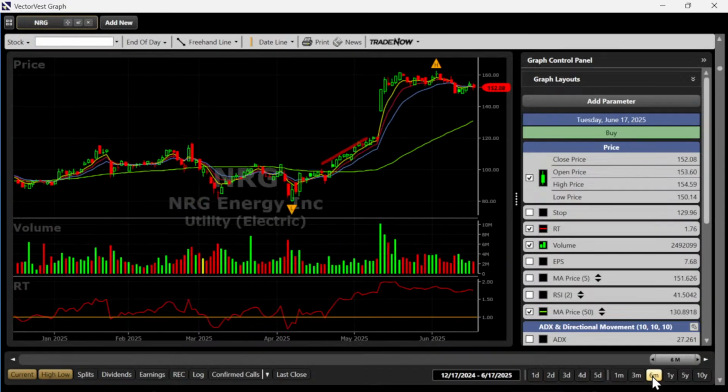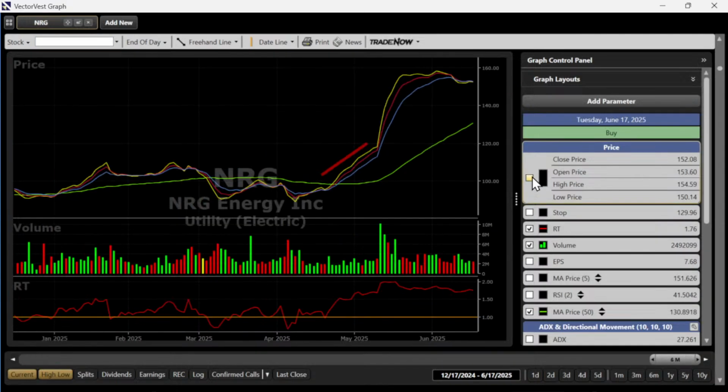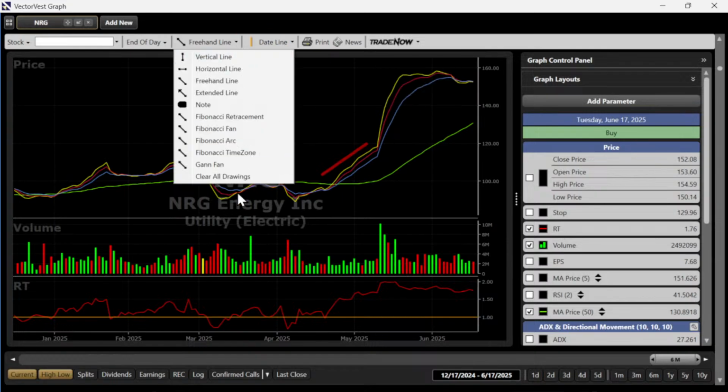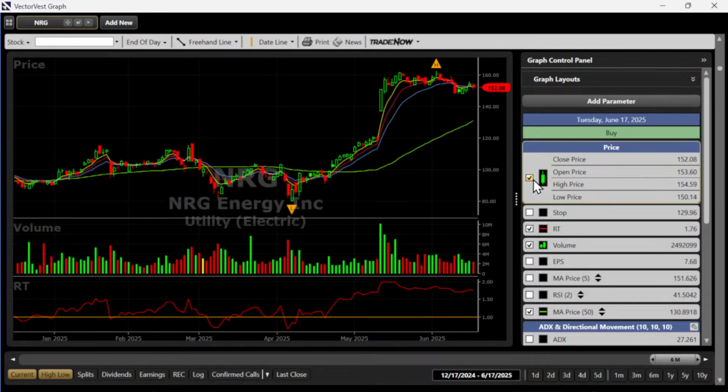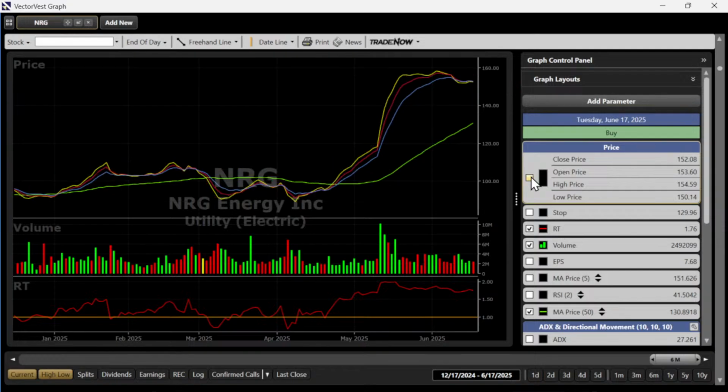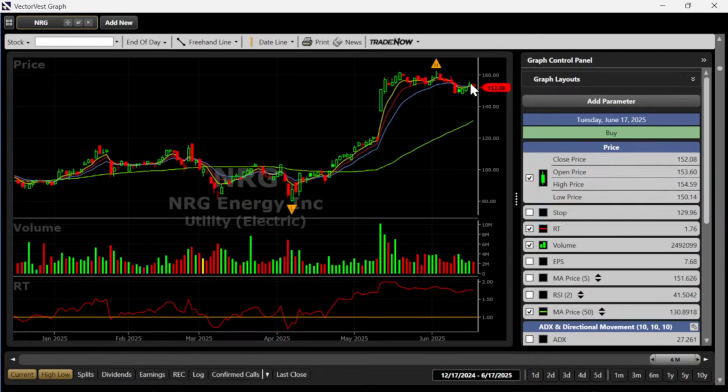All right, here's NRG. Looks like we've gotten the squeeze here. So this is one where price is already above the 50, right? The 3 moving averages are above the 50. There's some consolidation here. I would have liked to have seen the price consolidate more towards the 50 than just kind of moving sideways. So not an ideal setup, but I do think if price moves higher than yesterday's high, it might continue to move in the right direction there.